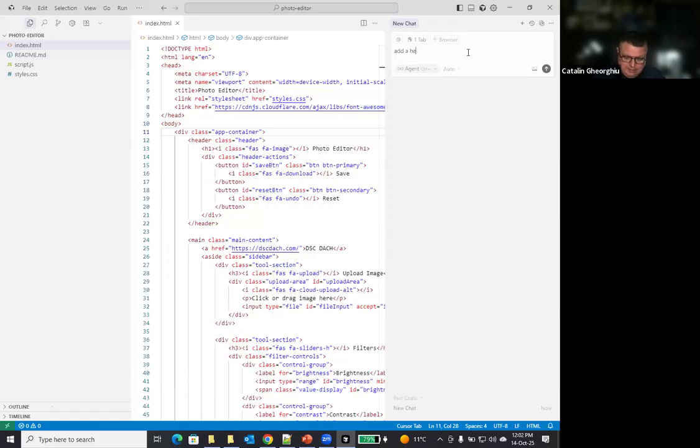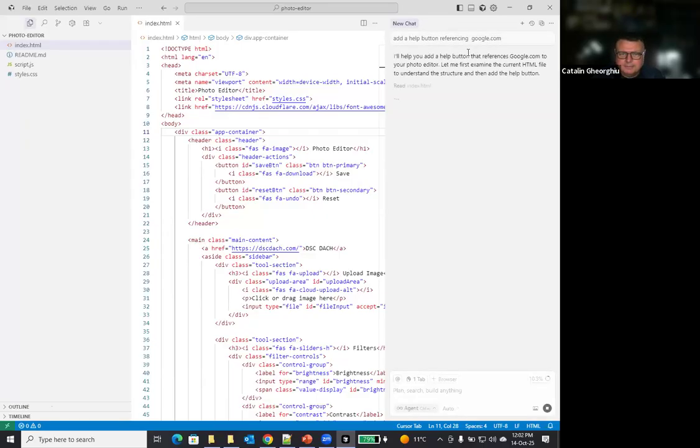Let's see what happens if we say new chat, add button with random Google. Yeah, google.com. Now let's see what is gonna happen.